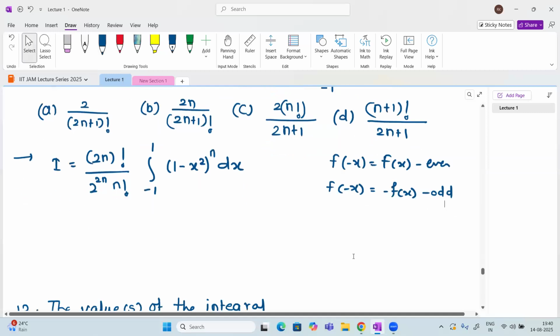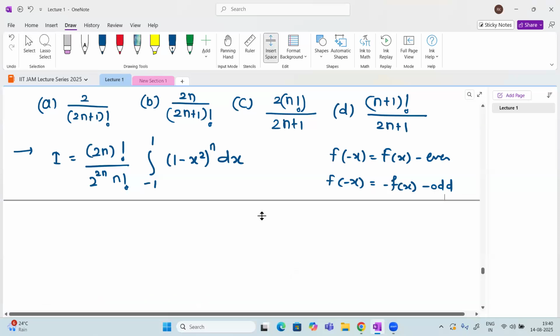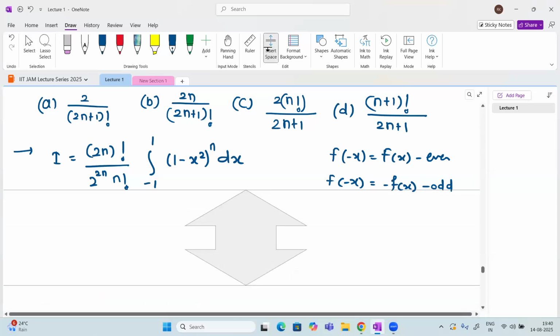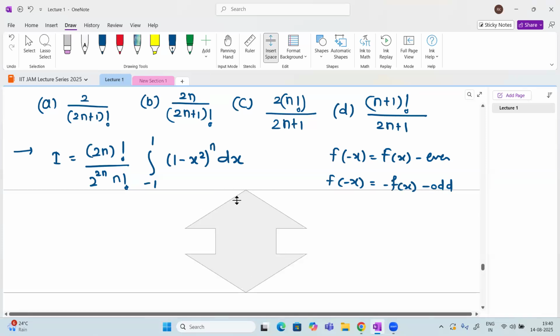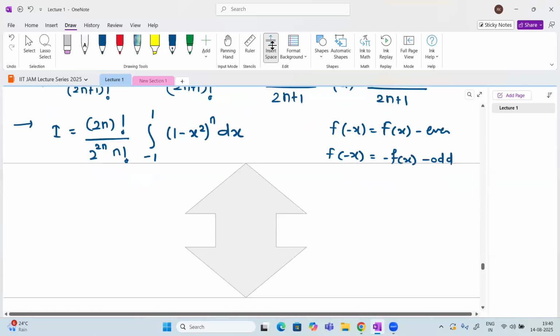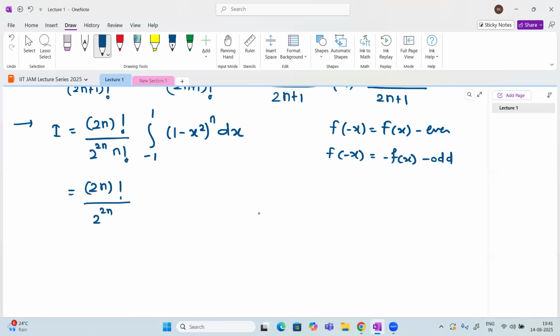Okay, what do we do when we have an even function? If the function is even, what do we do? We change the limits from minus a to a as 2 times the integral from 0 to a. Yeah, very good. So when you have an even function, 2n factorial over 2 raised to 2n n factorial, I should write 2 times the integral from 0 to 1 of (1 minus x square) raised to n dx. Okay, the first task is over. After that,